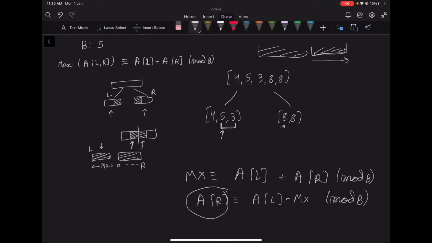So we just need to find the frequency of (AL minus mx) modulo B. So we'll store the array elements modulo B here and find their frequency.